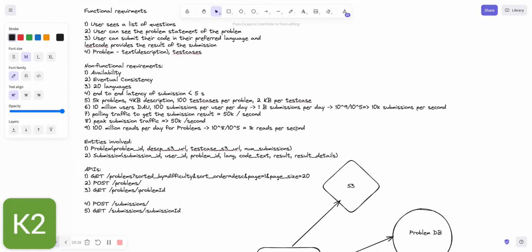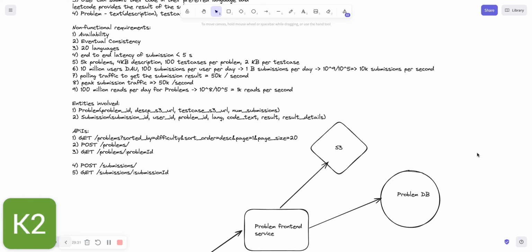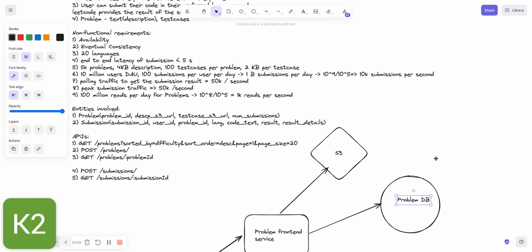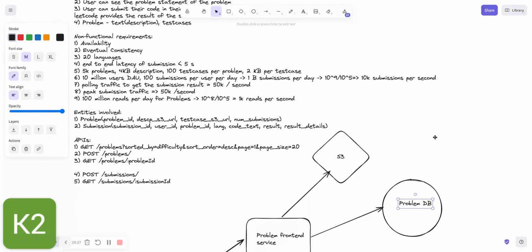So read QPS is approximately 1000. This shows that for the problem database, the write QPS is almost zero, but the read QPS is approximately 1000. Or if we want to be more flexible, it can go up to